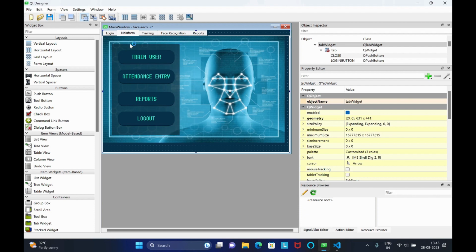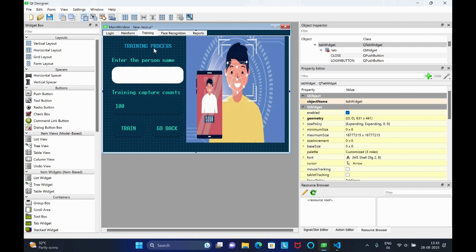Next, in the main window or the main form page, it has 4 options. First one is the train user, attendance entry, reports, and login. In train user, when we click the training tab, it opens the training process or